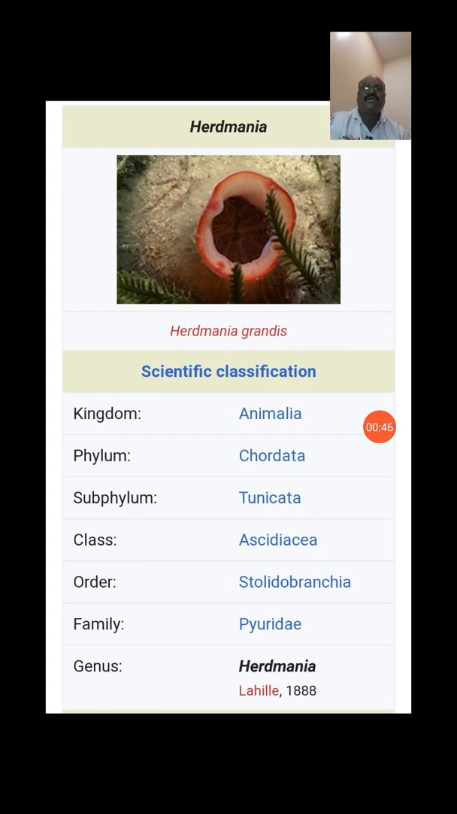The kingdom is Animalia, and the phylum is Chordata. Subphylum is Tunicata, then class Ascidiacea, order Stolidobranchia, and family is Pyuridae. Genus is Herdmania. Now when we see the Herdmania,